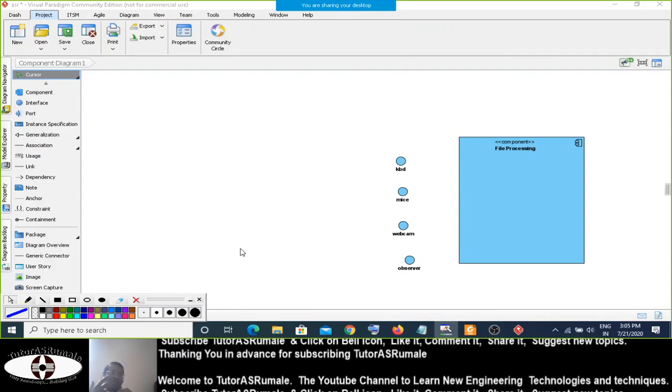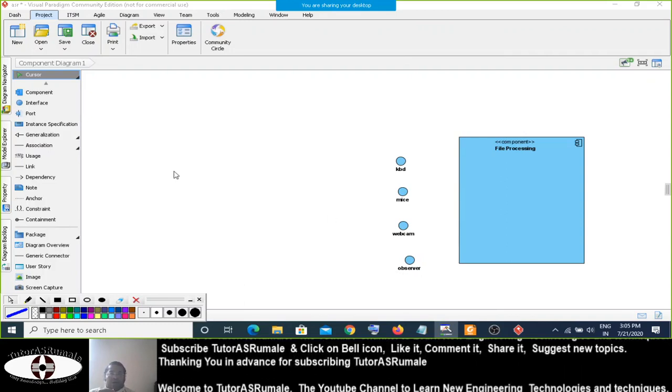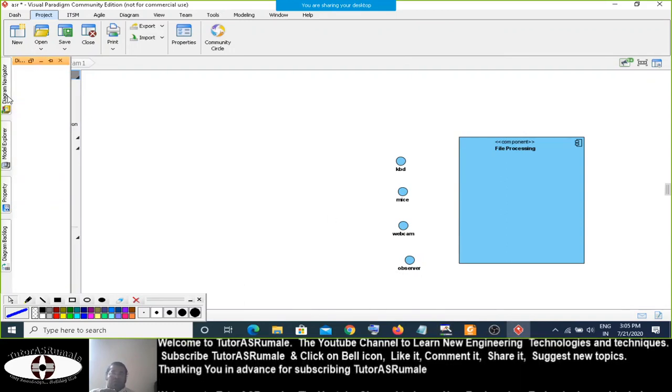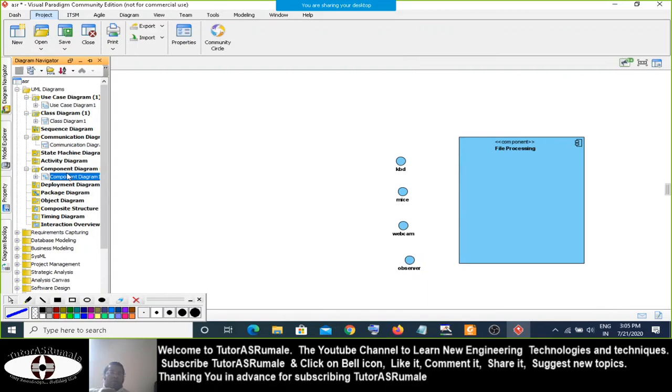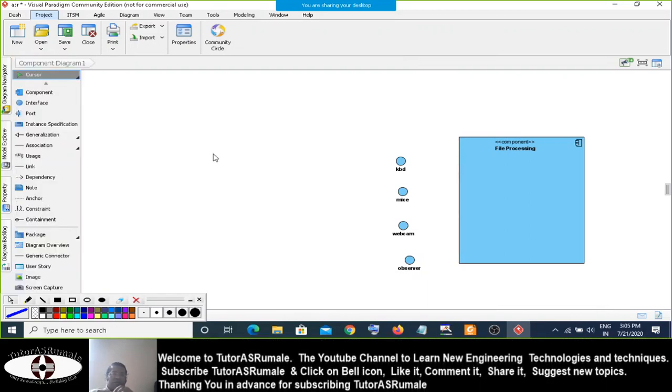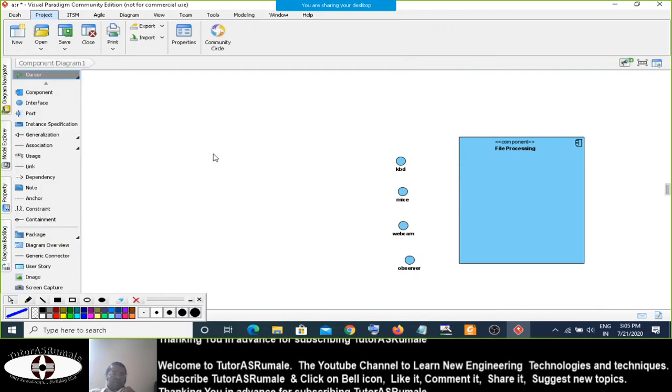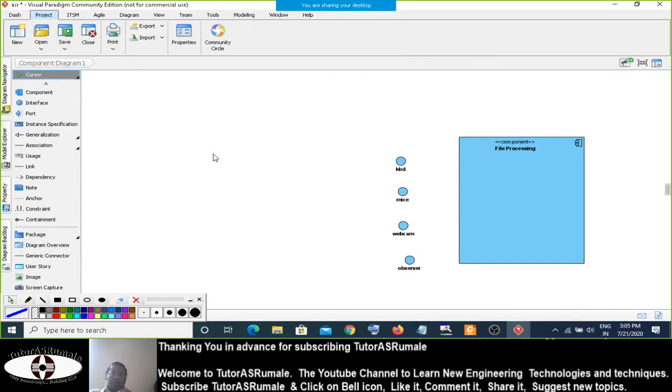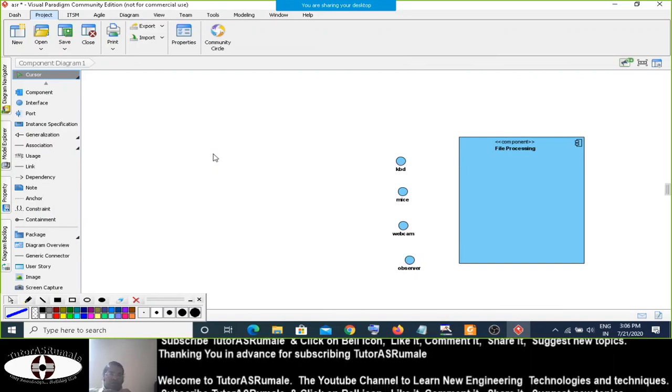For example, when I say component diagram, instead of manually moving this cursor here and then opening this component diagram, it can automatically go to the component diagram and open it. If I say choose the component, it will choose the component, and likewise.